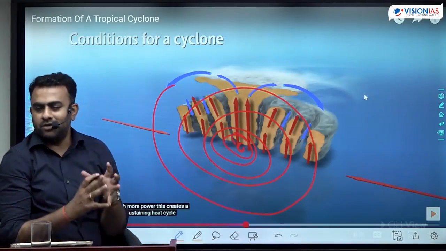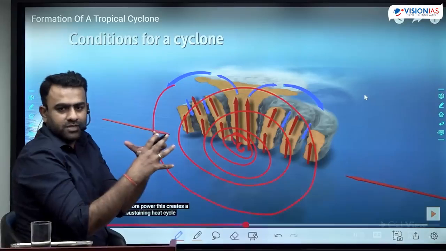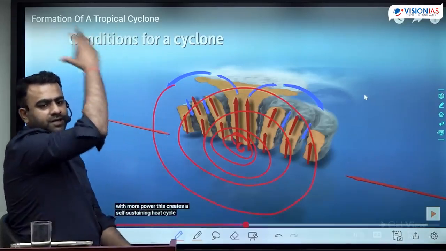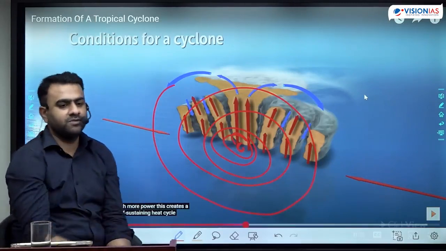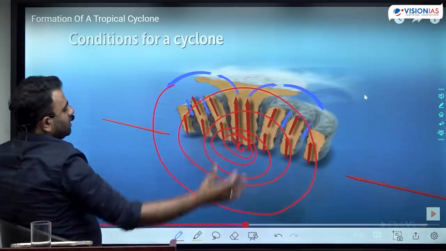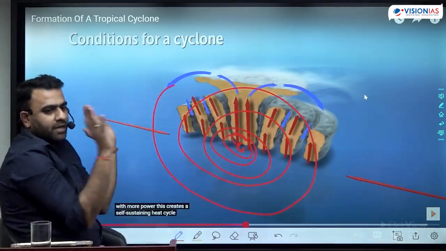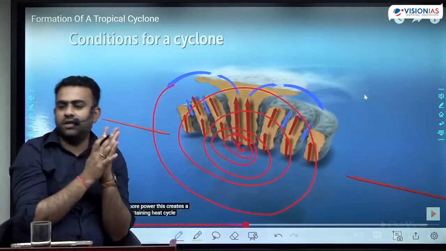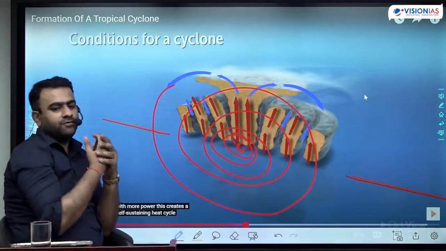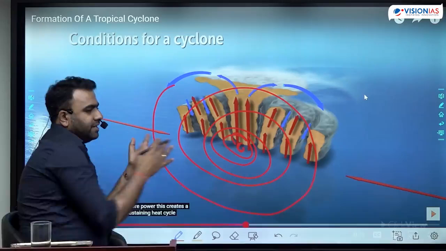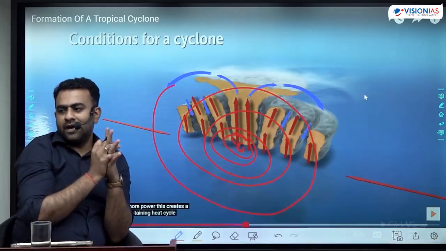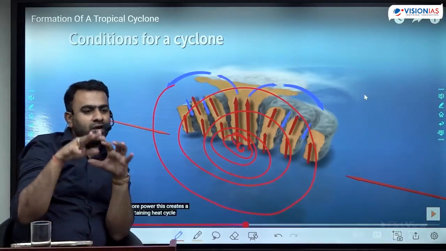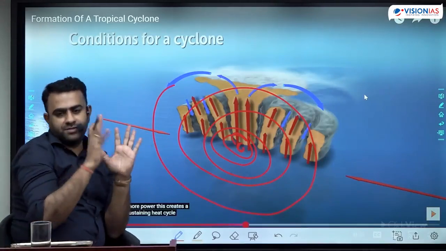Okay, high temperature, low pressure, winds are trying to move towards the center. At the same time, it is rising and convecting. And the rising system causes condensation, cloud formation, precipitation. The same rising air comes down and again moves up. By now, the entire system is so self-sustaining that it causes continuous rainfall. Only that you have to maintain a high temperature of water. As long as it is going through the region of high water temperature, it survives.